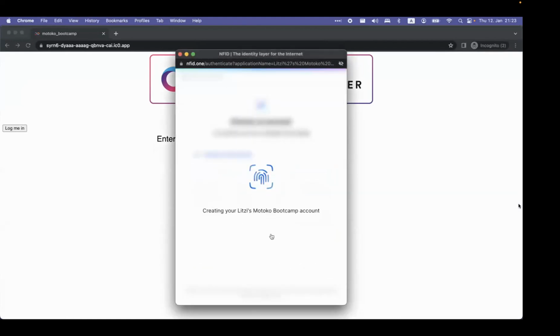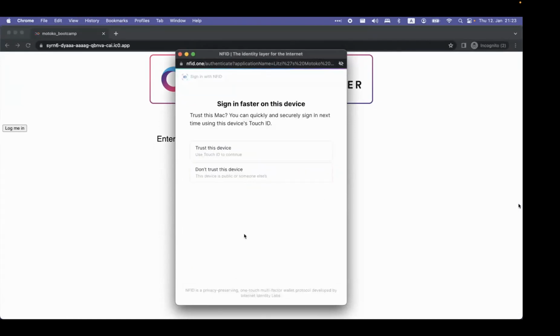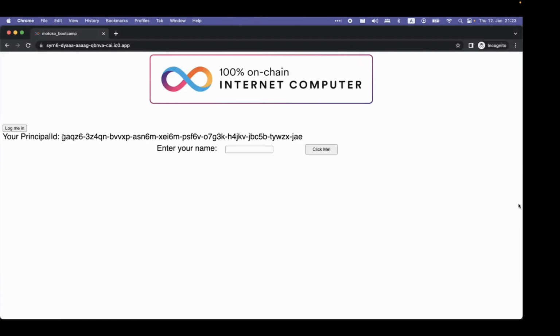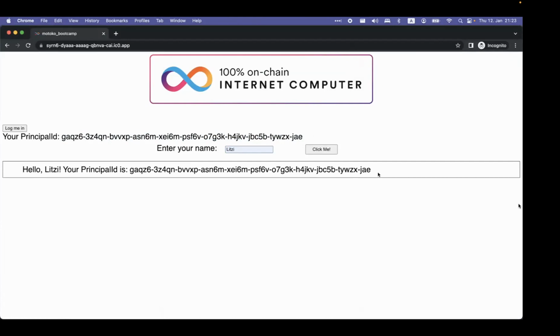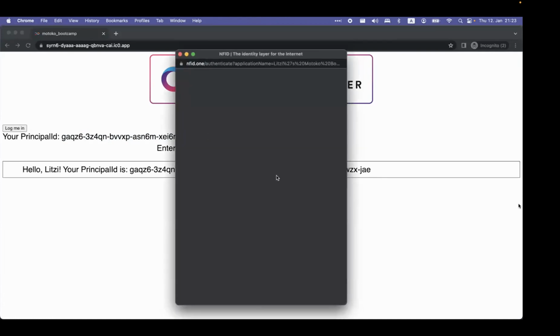Now you see it's creating a new account for me because that email is not associated with my other account. Here I can just say don't trust this device. That will just log me in. Now you see I have a different principal ID here because my user is now different. So my base anchor is different. It's a net new account, or not a net new account because it was already registered, but it's a different anchor from before. So now when I click log me in again,